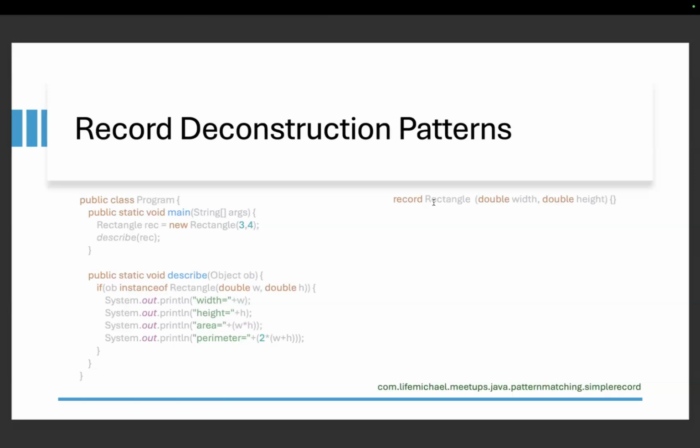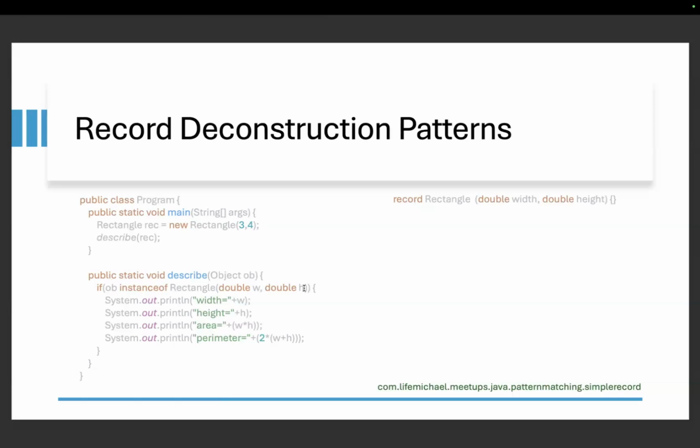After creating the record class rectangle, we can easily instantiate that class, that new type, and then we can use it in our pattern matching. In this case, I check if ob is an instance of rectangle, and then, as you can see, I specify two variables, w and h, and that actually allows us to deconstruct the object.